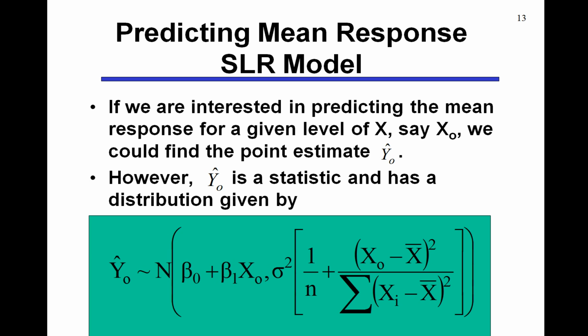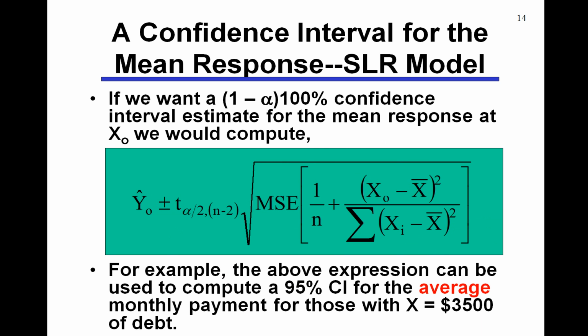But we have to understand that y0 hat is a statistic. It has a distribution. And it turns out that the distribution of that statistic is normal. We know that its mean is beta 0 plus beta 1 times x naught, and we can determine that its variance is as you see on this slide. And so if we want to produce a confidence interval for the mean response associated with our simple linear regression model,